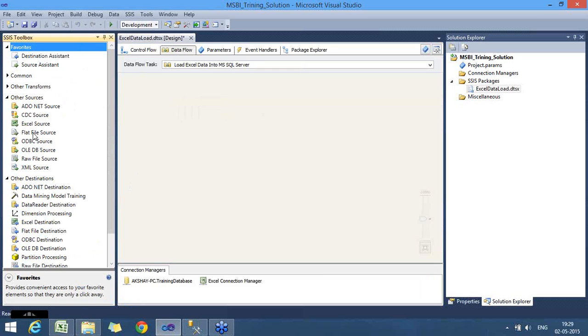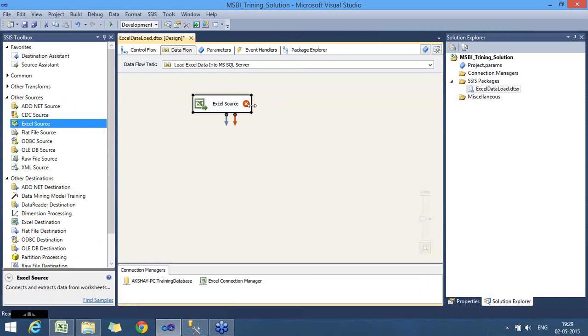Okay, so for that purpose I'm just taking the Excel source as my source transformation, and let me just add it over here. Once it is added, I just need to configure it to fetch data from the Excel connection manager that I have just created. So for that purpose I can just double click on